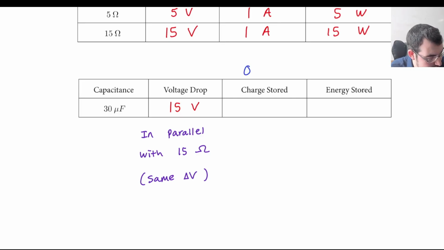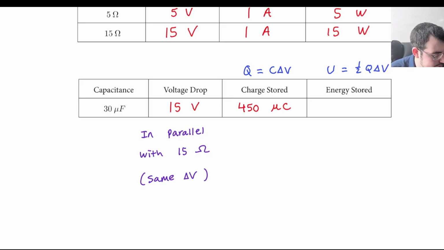All right, so what's the charge and energy? Well, charge, Q equals CV, and then U equals 1/2 Q delta V. All right, charge stored. Well, we got to multiply these two numbers together, 30 and 15. Well, that's 150 times 3, so that's 450 in units of microcoulombs. And then what about the energy stored? Well, it's 1/2 Q times delta V. So it's half of 450 times 15. And using the power of I did this before, it is hopefully